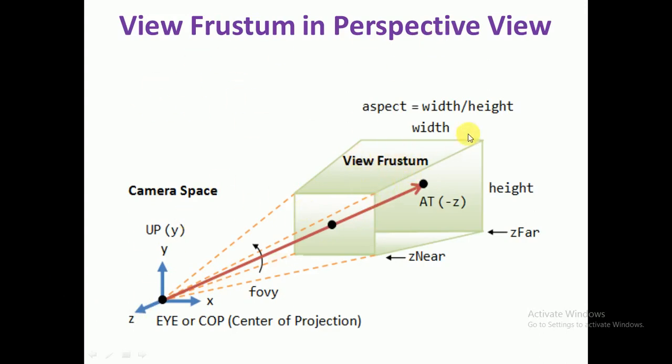This view frustum means in this. Again, you can change the width, the height, the near, and the far. But whatever you have set, if the object is within that frustum, then that object will be displayed. If the object is outside, away from the far value, it will not be covered. If it is less than near, it will also not be covered. If it is beyond the width, somewhere here, it is not covered. If the object is somewhere here, it is not covered. If an object is out of range, it is not covered. This is camera space. This entire thing is camera space.